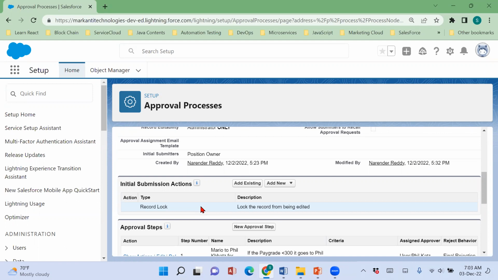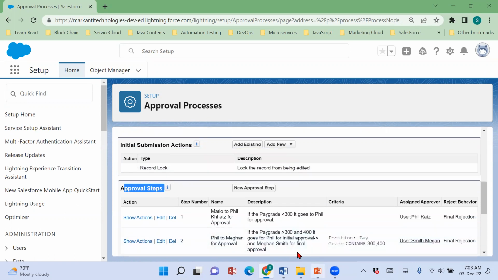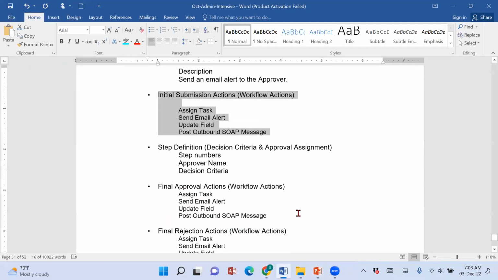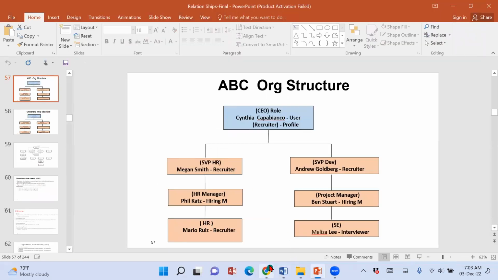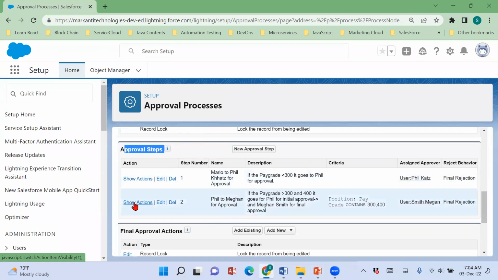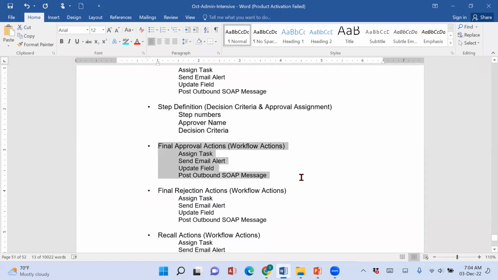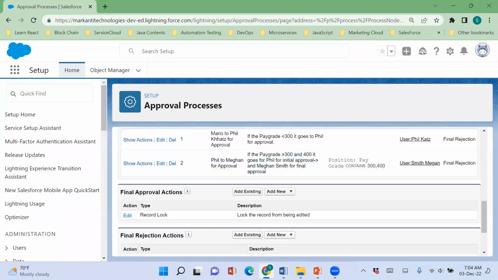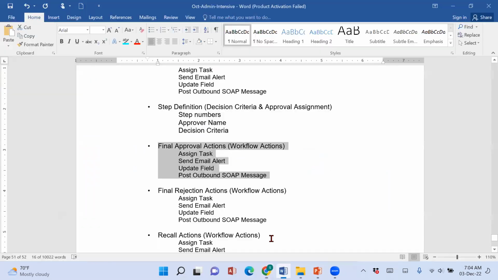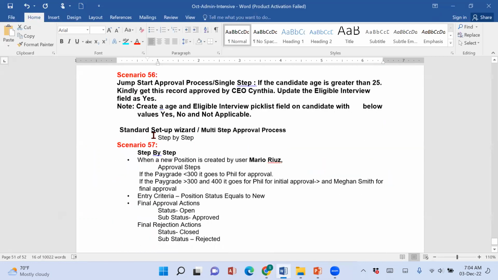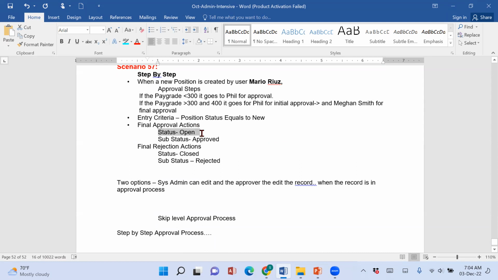Now, see here. Initial submission actions, I have not selected, but yes, I followed my approval steps. What are the approval steps? Step definition. Can you see? Did I give a 2 step process here? Yes or no? Yep, 2 steps process. And then next, actions. In case it gets approved, what should happen? I have already given you: status field should be changed from new to open, and